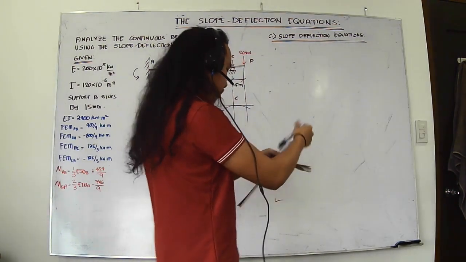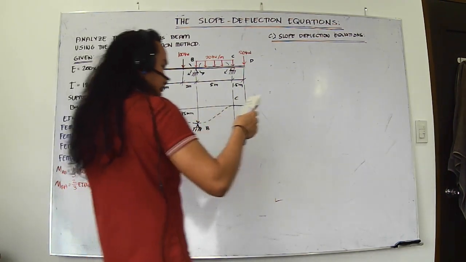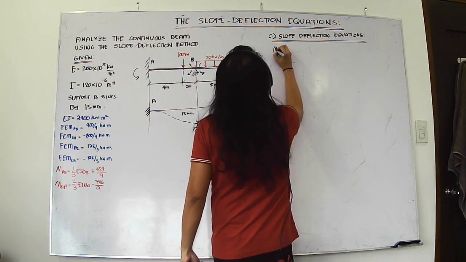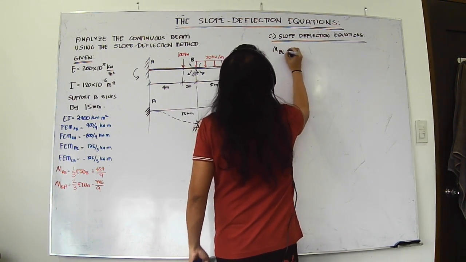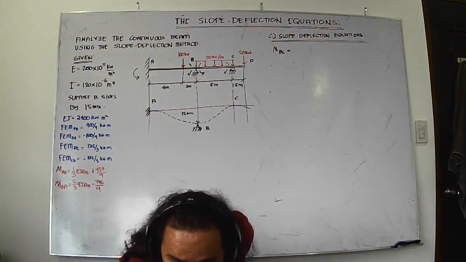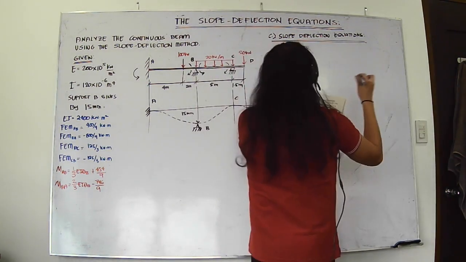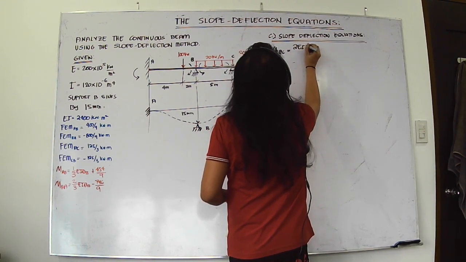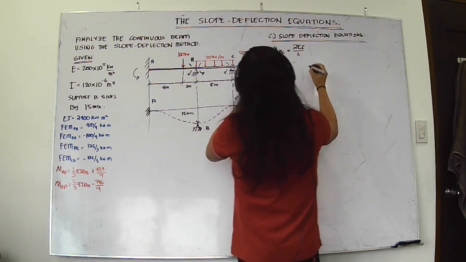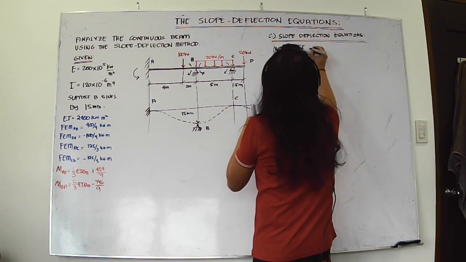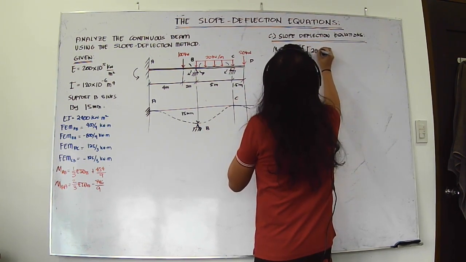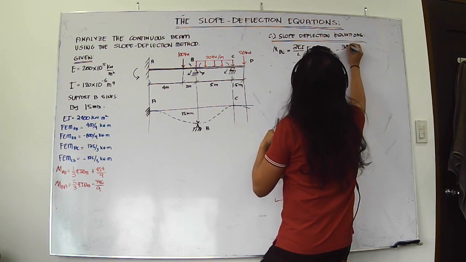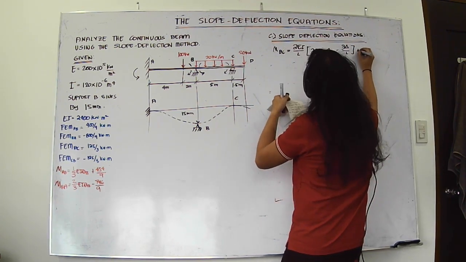Okay, so let's proceed to another set of equations. MBC. Hopefully it's clear. MBC is equal to 2EI over L multiplied by 2 theta B plus theta C minus 3 delta over L, plus